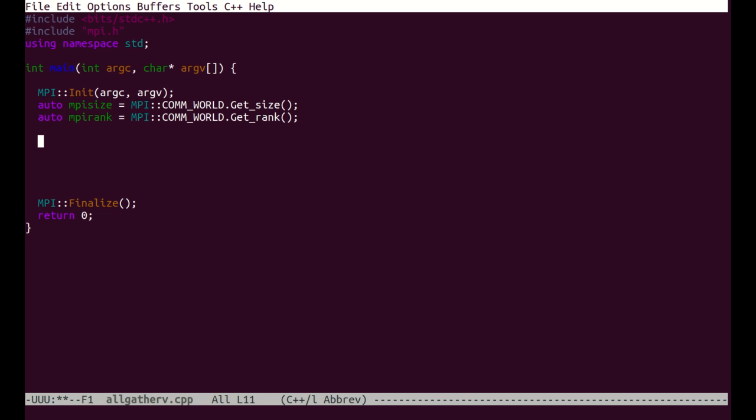This part is actually identical to every other MPI example we've done so far. So how am I going to construct this particular example? Each individual rank is going to contribute a different amount of data. So what's going to be the number of integers we contribute from each of the different ranks? We're going to ask each rank to contribute. So the set count is going to equal